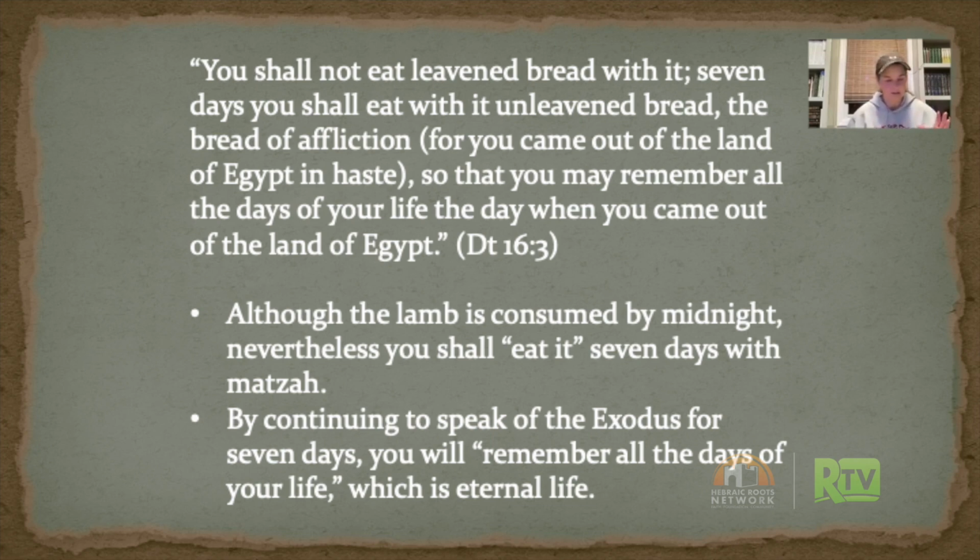That you're going to remember that during his 1,000-year reign. You're going to remember every day of that and beyond into the Olam Haba. And so knowing that